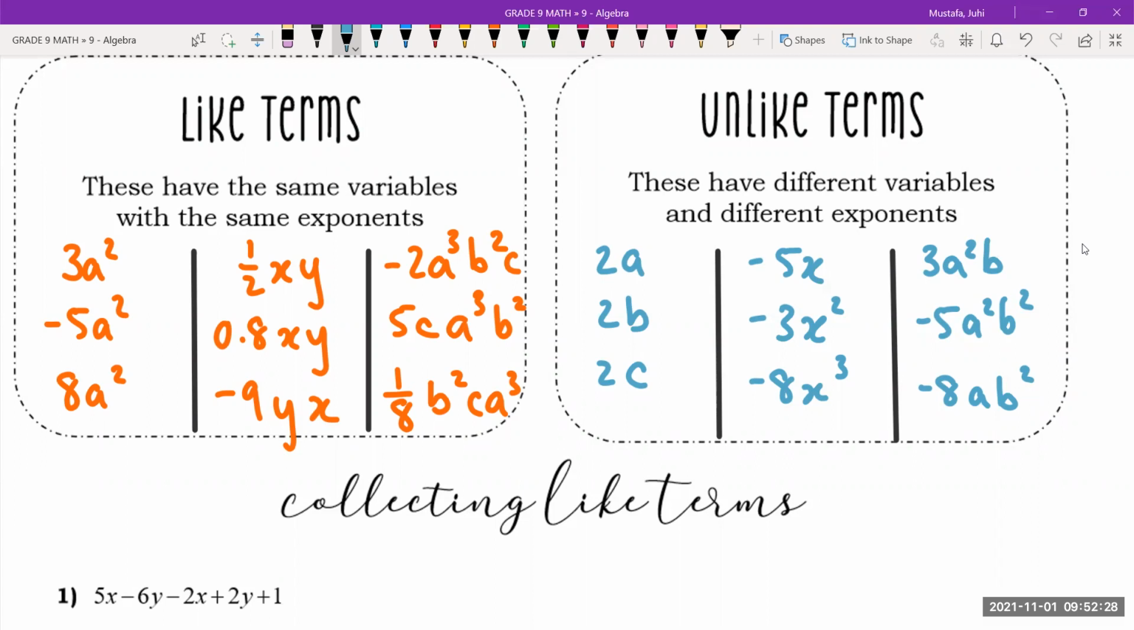Okay, so when does this come? Why is this important to us? Because there's actually a rule in algebra that says when you're adding and subtracting terms with variables in them, you're